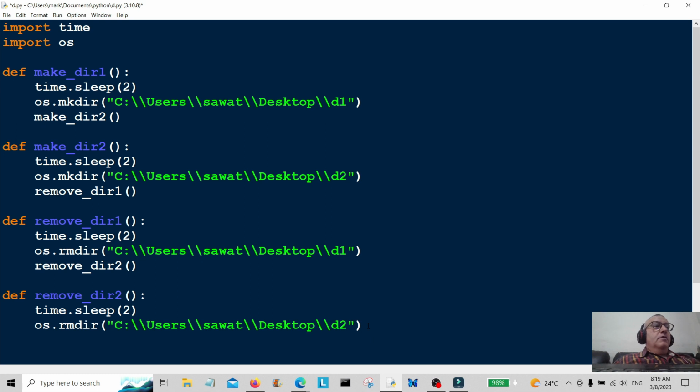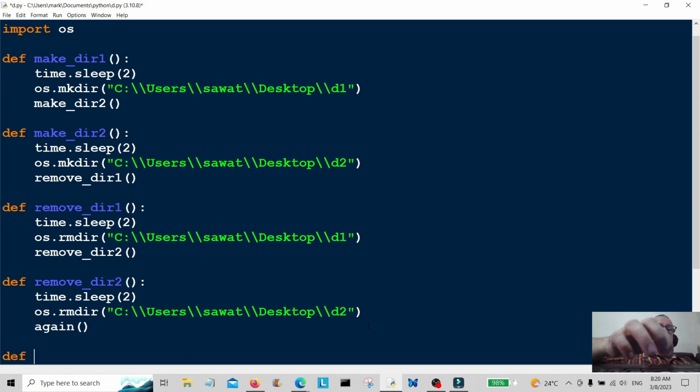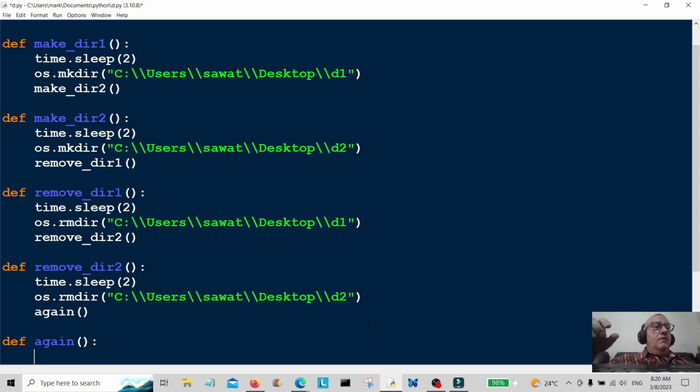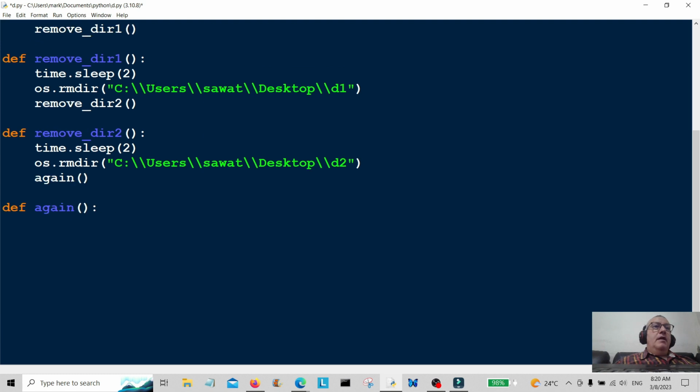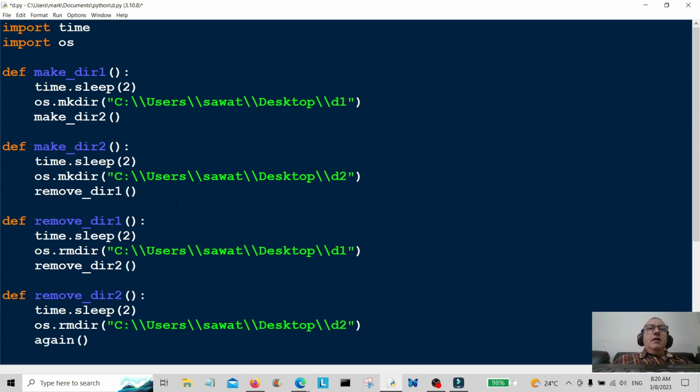And then after that, what we're going to do is we're going to create another function called again. So we're going to create that under here. So define again. Okay, so that's going to be underneath there. And what this is going to do, it's going to go up to the top here again, and we're going to repeat the whole process so we can see it happening over and over again. So that's going to be make dir1, and then we're going to call it, so it's going to be make dir1, and we're going to call it. So hopefully we've not made any typos there, so let's have a look. Directory 2. Okay, we're going to save this,